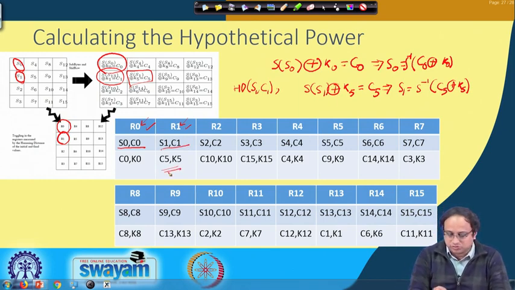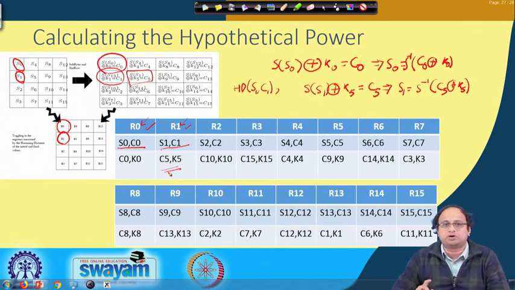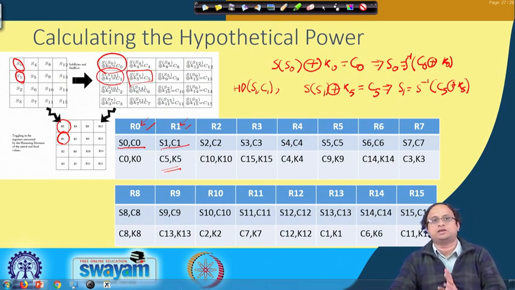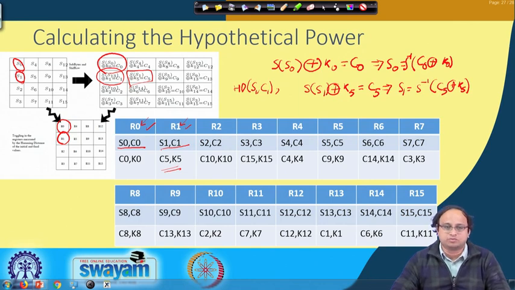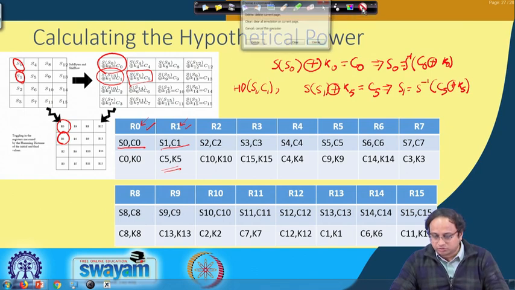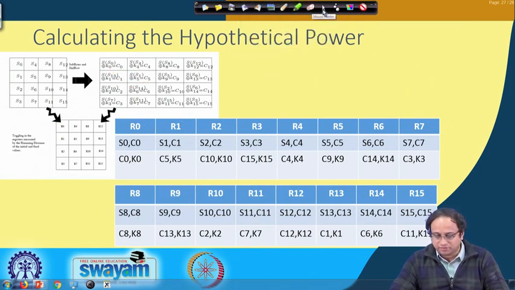Likewise, you can work out the remaining things, but when you are implementing, you have to take care of the shift rows, otherwise you will get wrong results. When you are applying Hamming weight power models, it is more straightforward, you need not bother about this. But when you are trying with the Hamming distance power model, you need to take care of the shift rows. Okay. But that is easy. So, once we have done that,